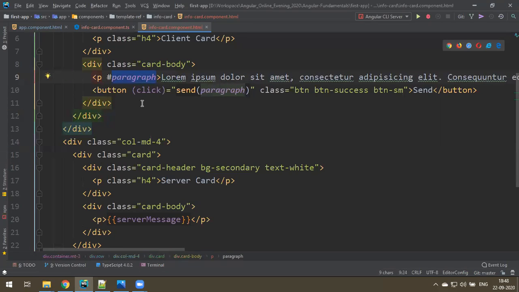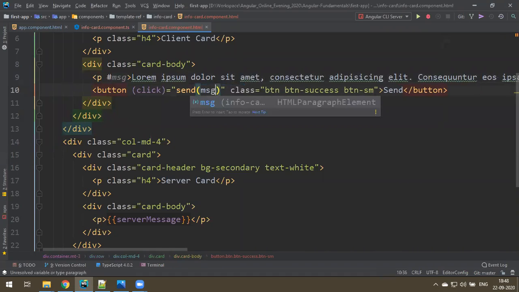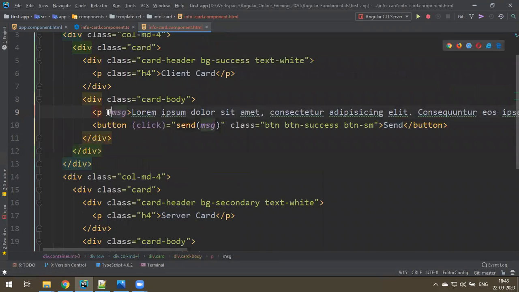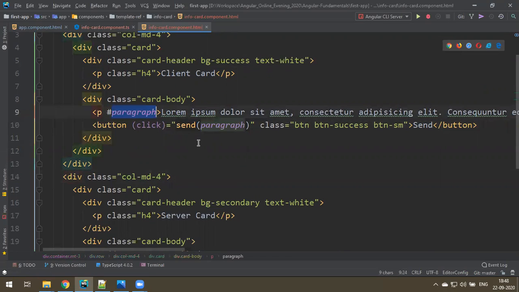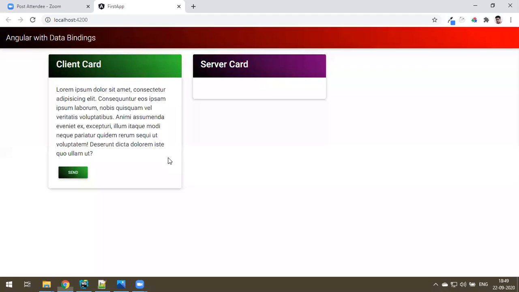As you said, if you say something called msg, see, now you just make it msg. It is referring to this one only. You can press Control and click on this and you go here. This is just like a variable. It is a template reference variable. You can pass it, it's like a variable name. If you want only paragraph, you can make it that. That's about template reference variable. Very simple. If you want to refer to any HTML element on the DOM, you can use this.